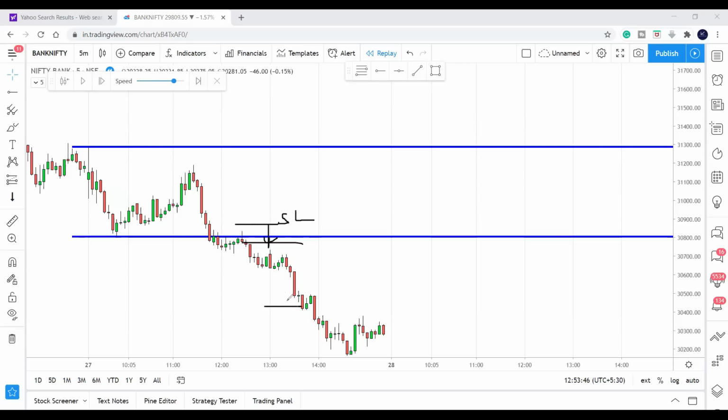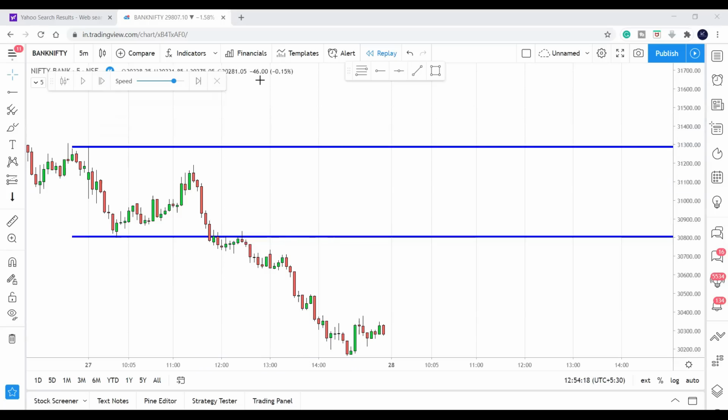Even had you taken your profit here at 1:2 risk reward, still it would have given you almost 1:4, not just 1:2, because the market kept going all the way till here, right? So that is what I said, this strategy can give you very good risk reward. But you need to have the patience and discipline to enter only when price retests that breakout line and reverses, entering on the candle confirmation.